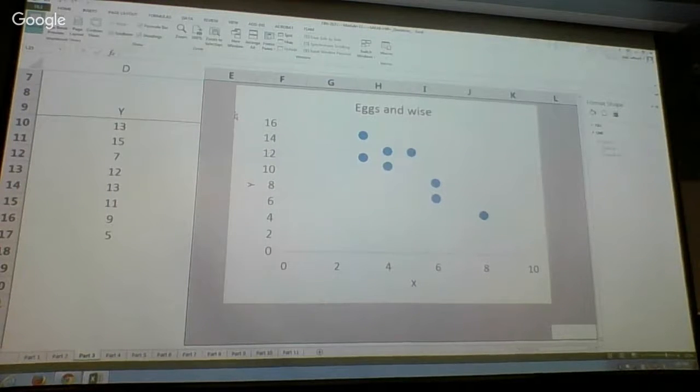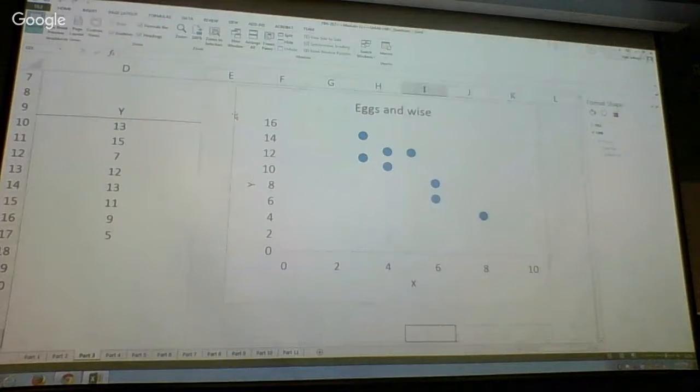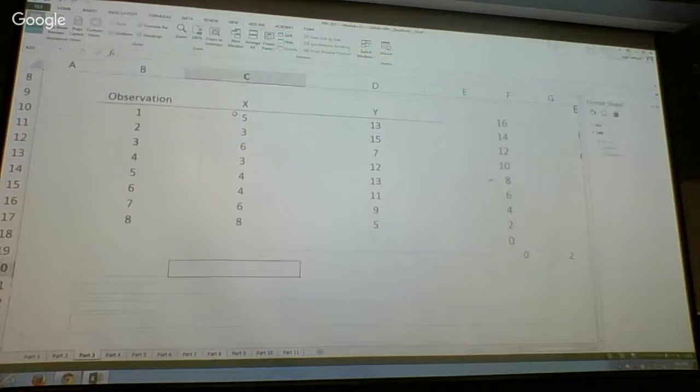Who wants me to use the formula, and who wants me to click Excel? Who wants me to use the formula? Who wants me to click Excel? I got hands for Excel. I'm going to use the formula, and then use Excel to check my work. But I have to use Excel first to get these values. I need